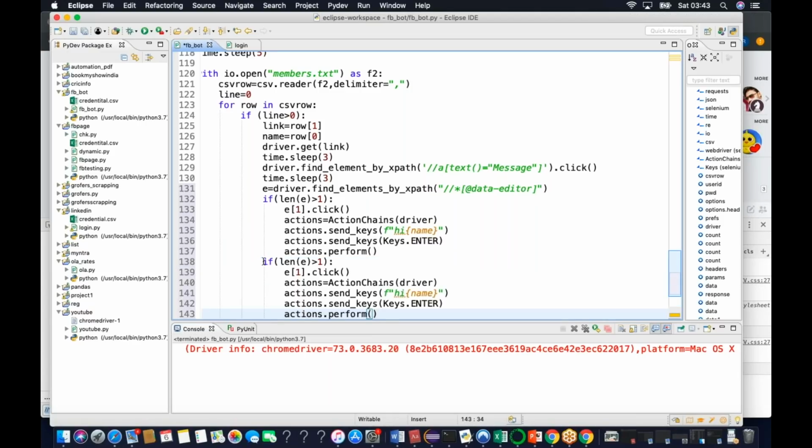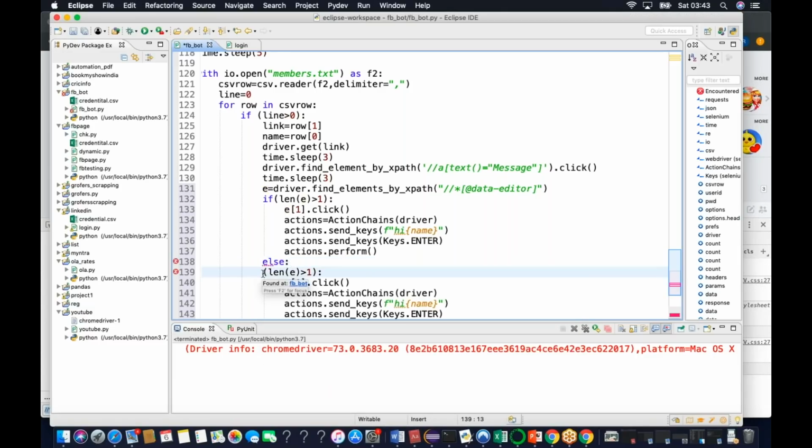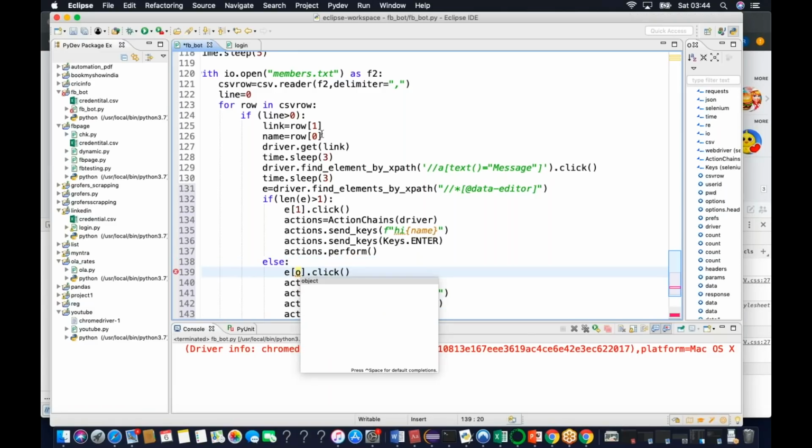And if it is less than, like else, then I think else 0, and I believe